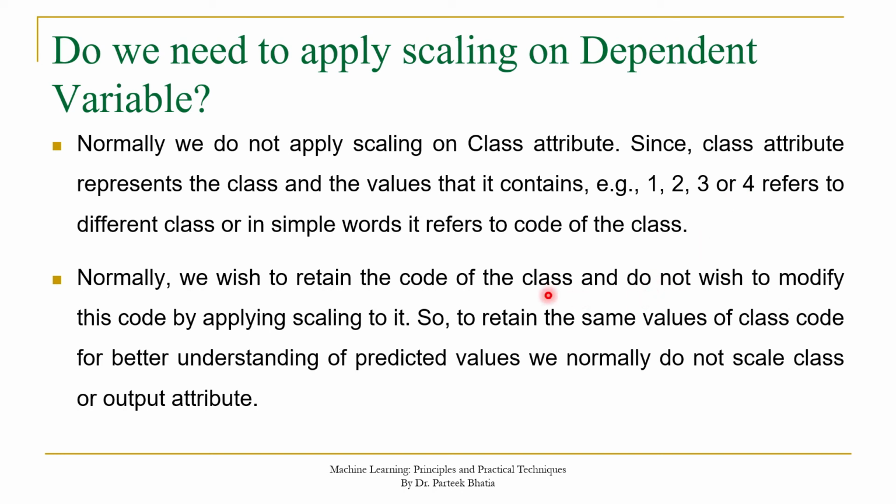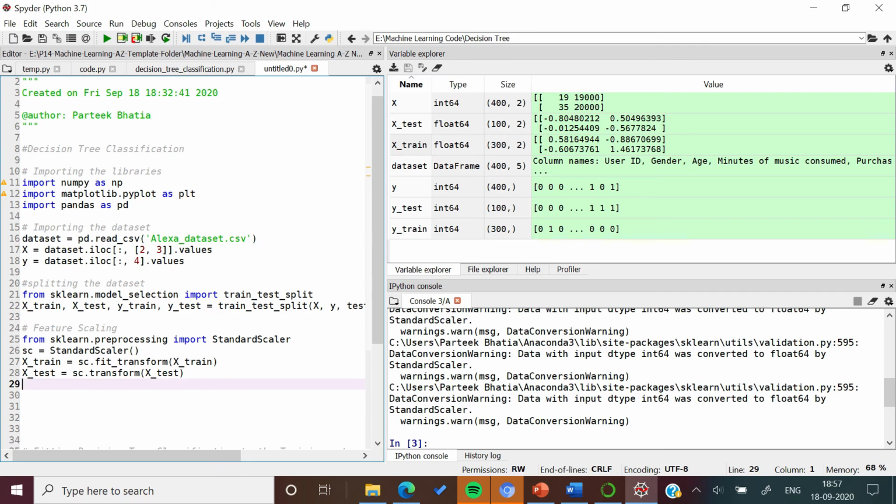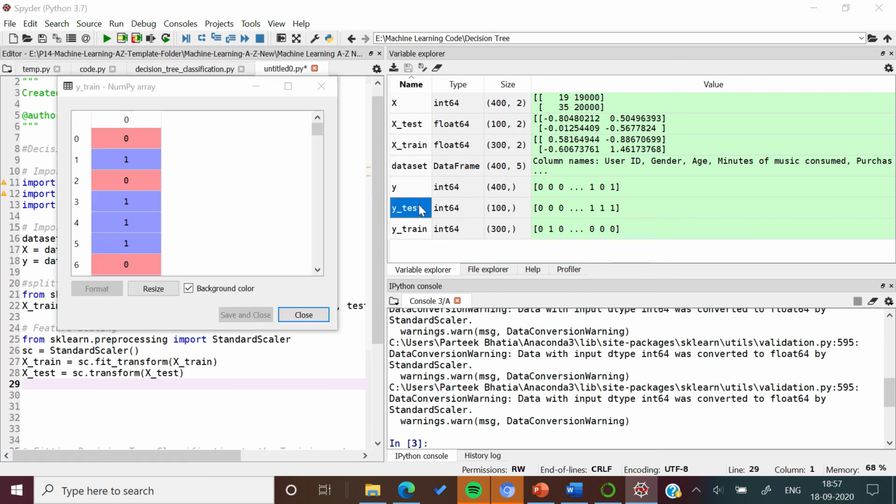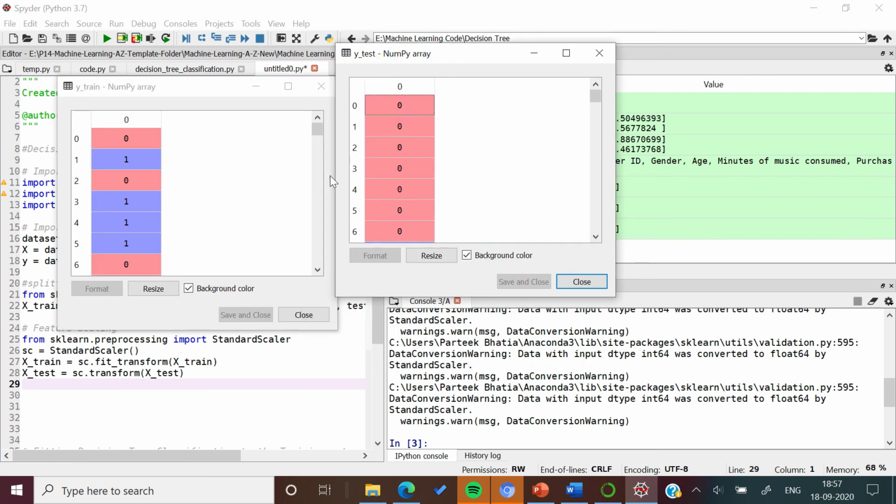So normally we wish to retain the code of the class and we don't wish to modify this code by applying scaling over it. So to retain the same values of class code, we normally don't scale our class attribute or dependent attribute. That's why we have applied scaling over only xtrain and xtest, while our ytrain and ytest is unchanged and it still carries the value of class attribute, that is 0 and 1.